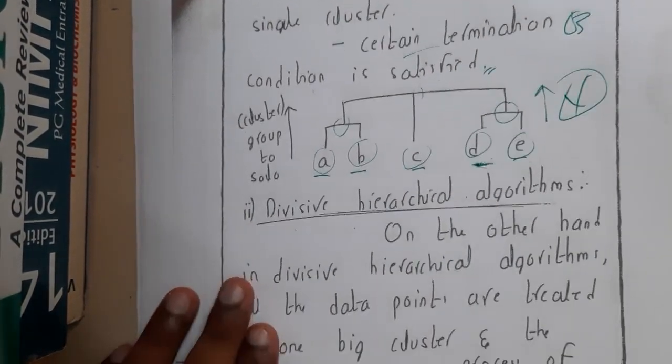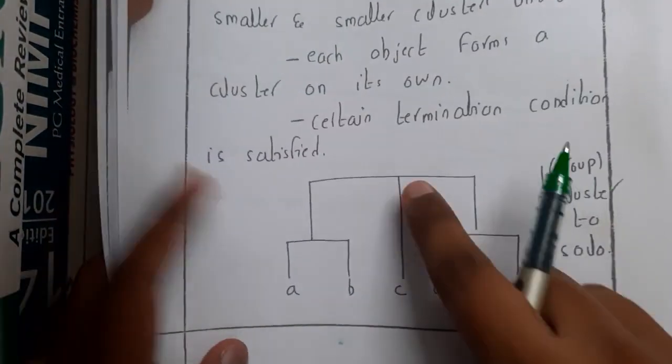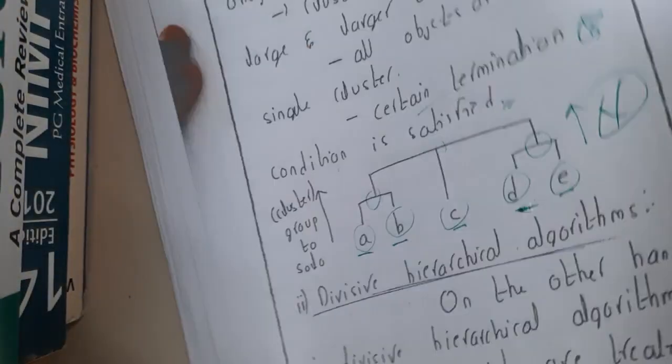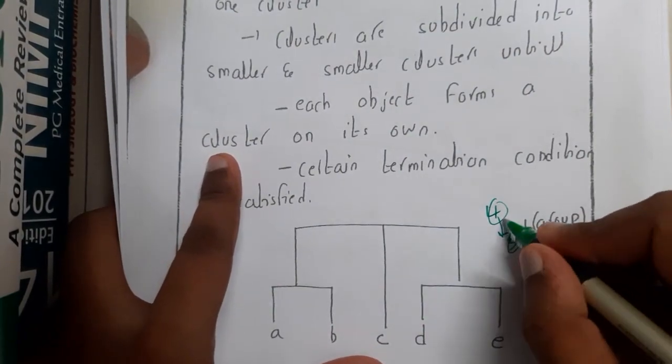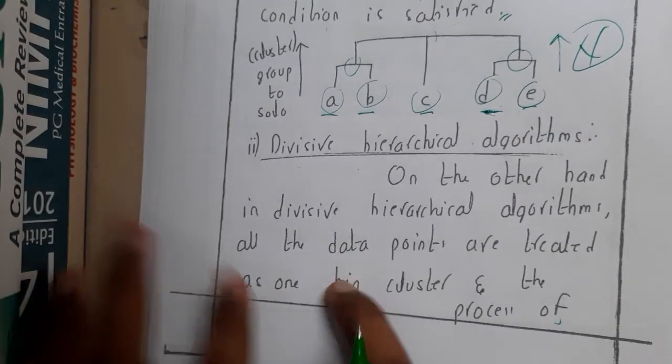Similarly, the divisive hierarchical method is the reverse of it. You start with a single cluster and divide until you reach your requirement. Assume that you have 4 clusters and your requirement is 3 clusters. In this situation you decrease them step by step, so you can use this algorithm or method.